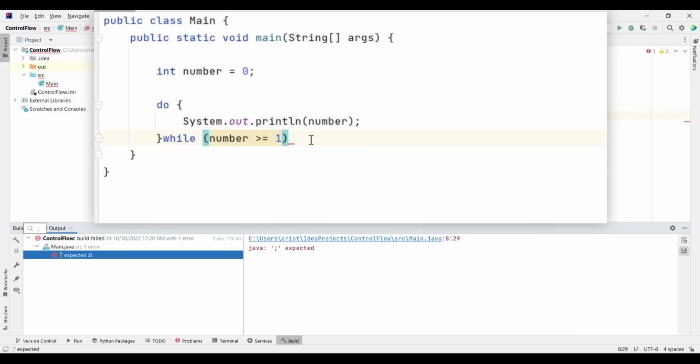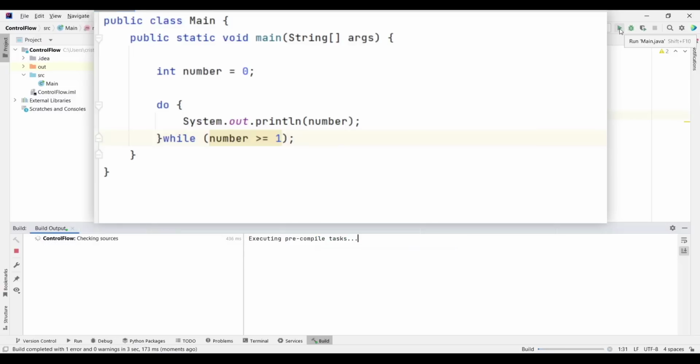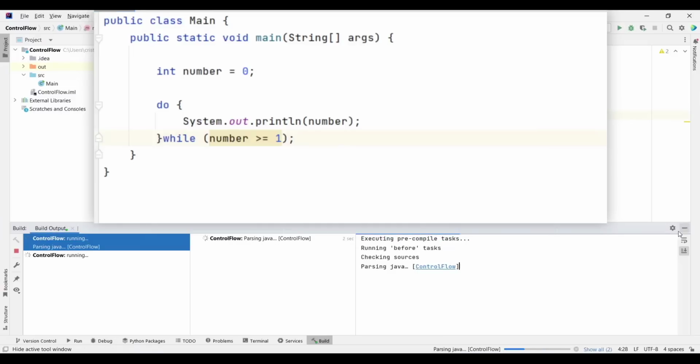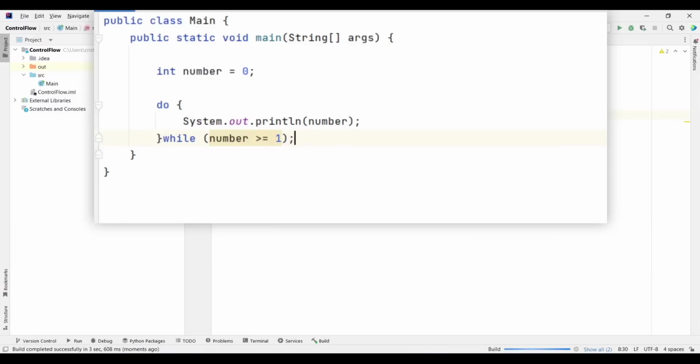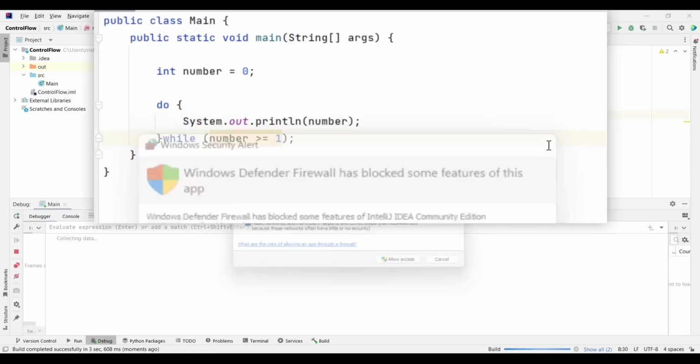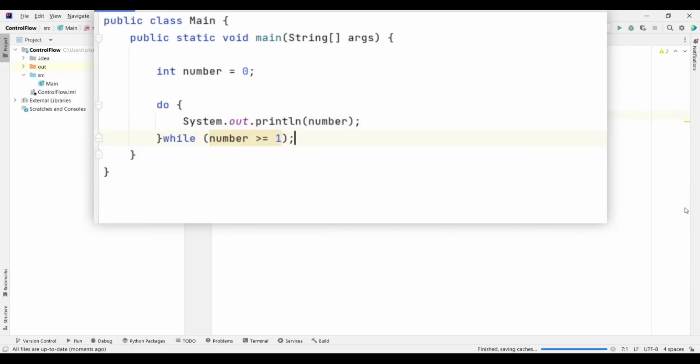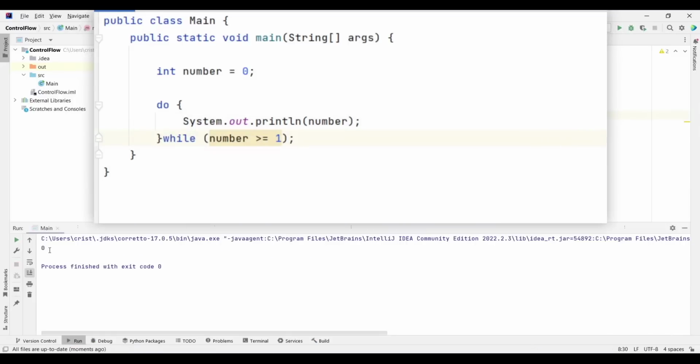So let's put the semicolon, and let's run our code again. Alright, so we get 0, because the do while loop will execute what is inside the block of the do at least once, irrespective of the condition.